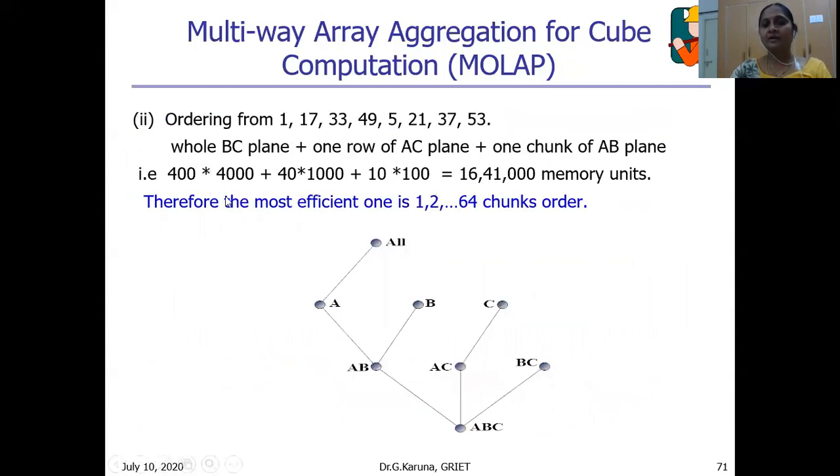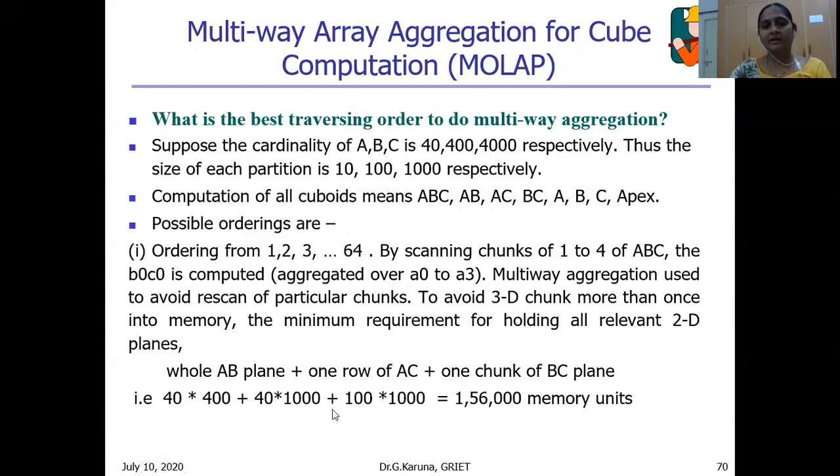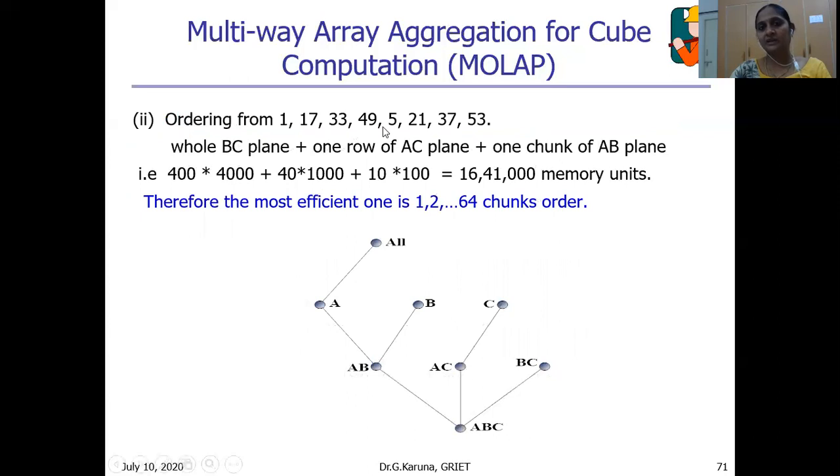If you consider another order like 1, 17, 33, 49, how can we take this? In this diagram, if we start from the back side, there is 17, 18 like that. Again, the back side of that cell, because in this 3D it is not visible. If you consider that order, 1, 17, some backside chunks instead of visible chunks, we are taking. The other order is like this: 1, 17, 33, 49 and so on.